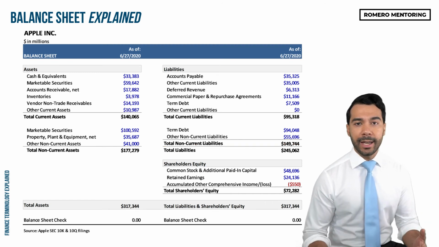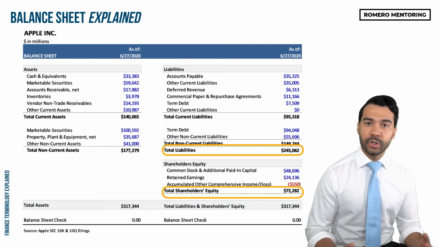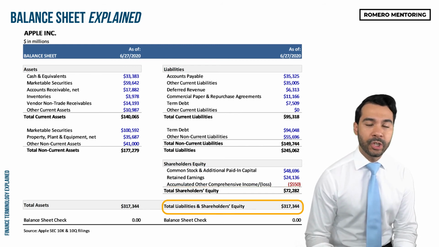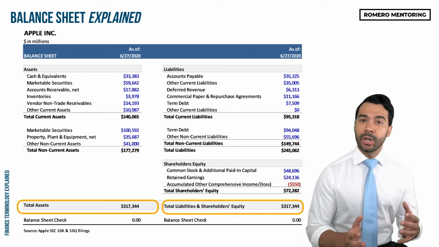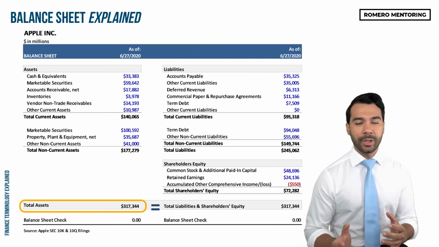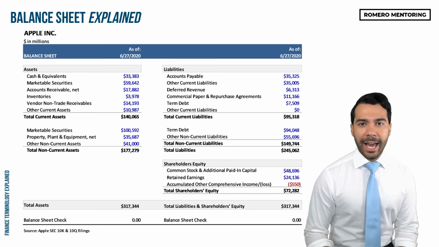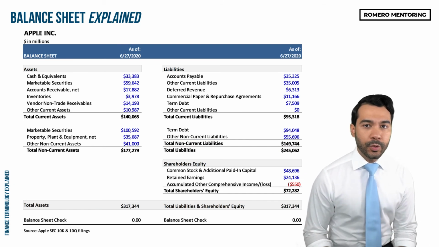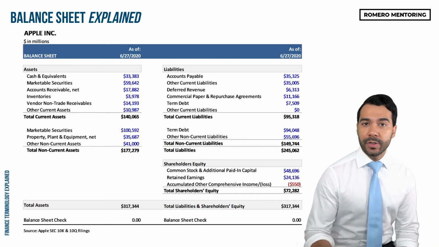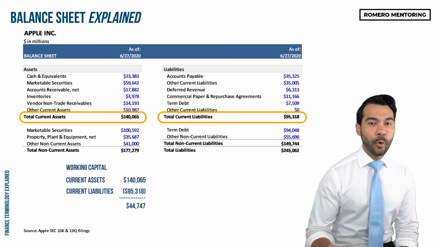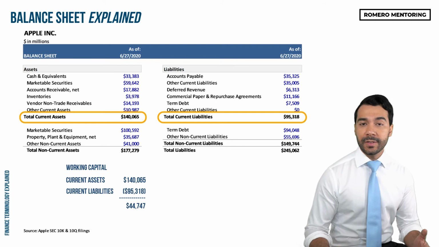And when you combine the liability and the total stockholders' equity, you get $317 billion. So your balance sheet balances: your assets equal your liabilities and your stockholders' equity. Now let's do some quick analysis. Now let's analyze Apple's working capital. If you take the current assets minus current liabilities, you're going to arrive at $44.7 billion, which means they can cover